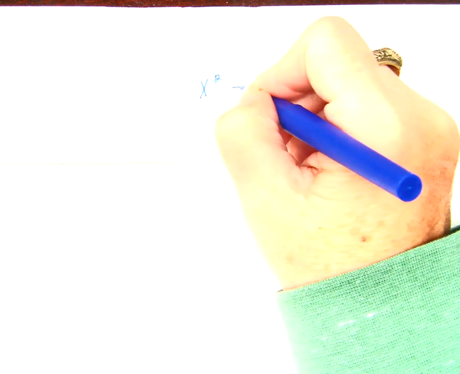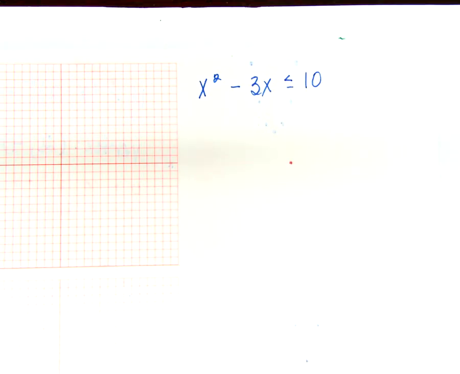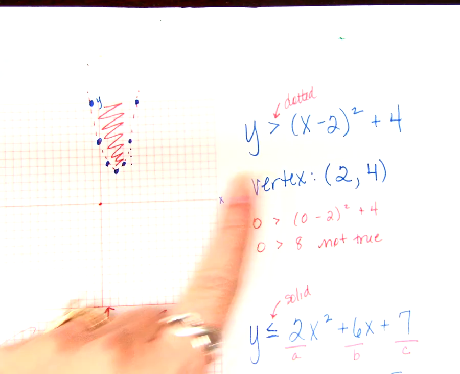X squared minus 3x is less than or equal to 10. How is this problem at the very basic level different from what I just did? It's flipped around. Is it? Yeah, there's no y in here, is there? How many variables are there? 1. Only one. I had 2 variables here, so when I graphed it, I had to graph it on an